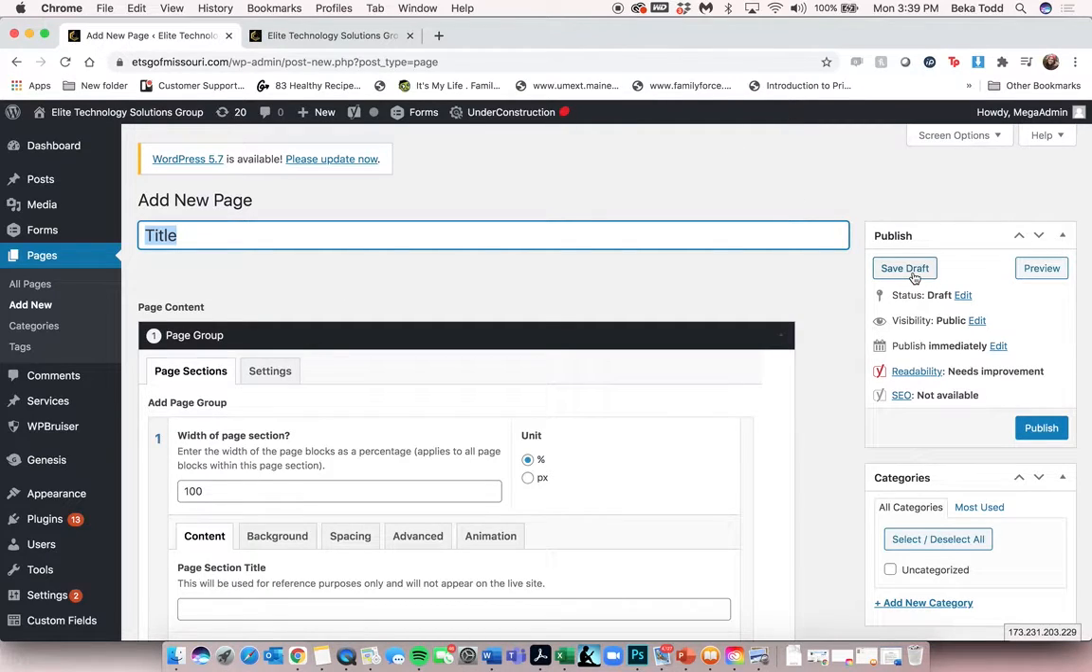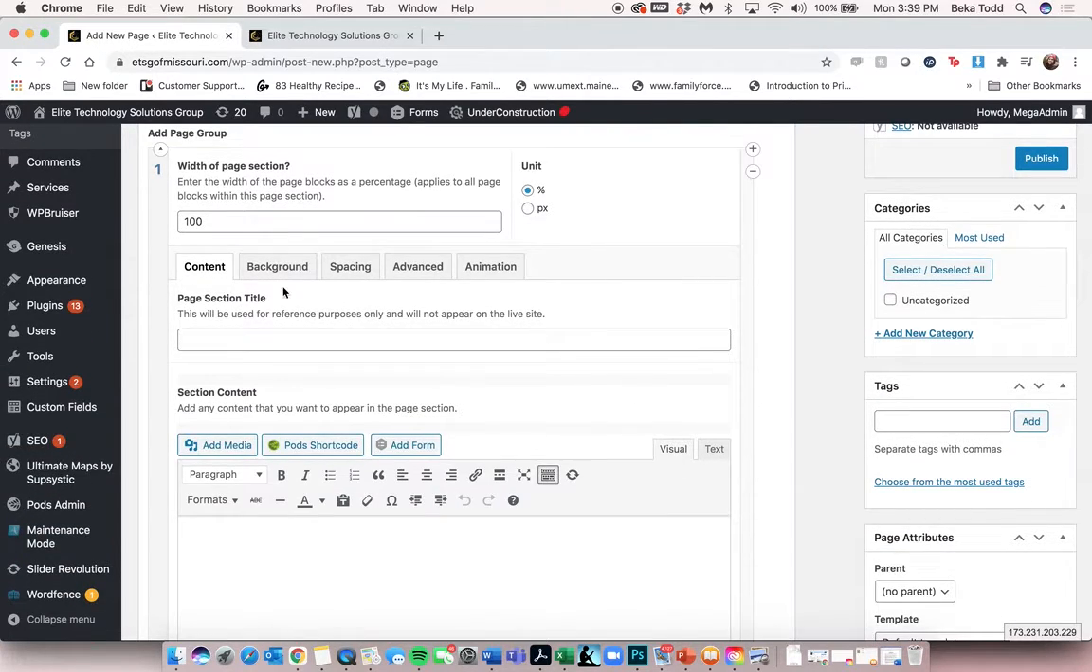I can also save it as a draft if I would like, so I can save the whole page as a draft without publishing it if I want to just work on it a little bit. And